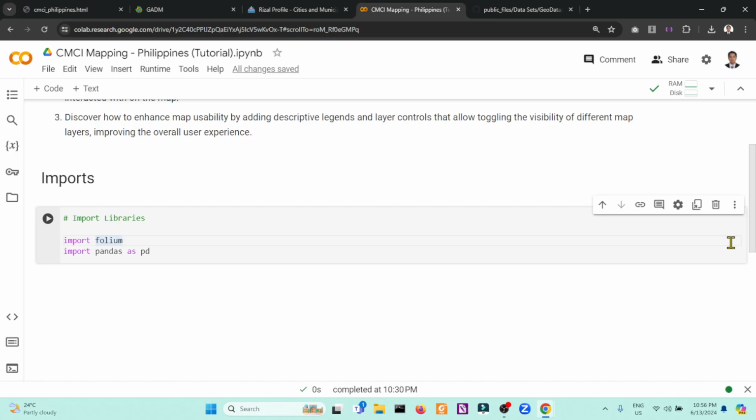It provides data structures and the functions needed to manipulate structured data seamlessly. The alias pd is a common convention and it allows you to refer to the library in a shorter form throughout your code. So another one, we will also need the import geopandas as gpd.